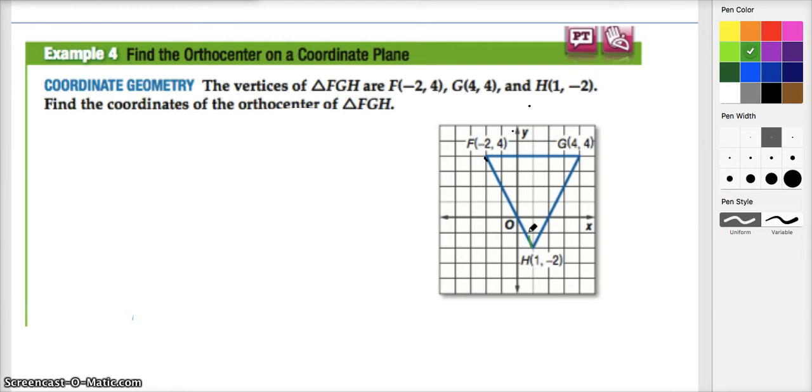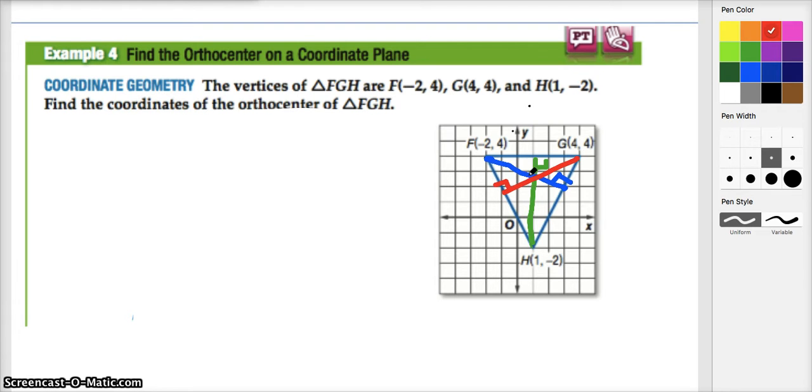So this one will be our green one right here. Let me use a thicker pen. So this one will be our green one. And we can have a blue line right here. And remember, each line has to be perpendicular. It's just a line that goes from one vertex and is perpendicular to the other side, or truthfully, the line containing that side. And then we have this guy over here,